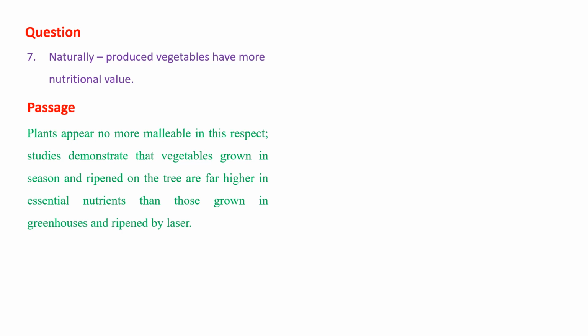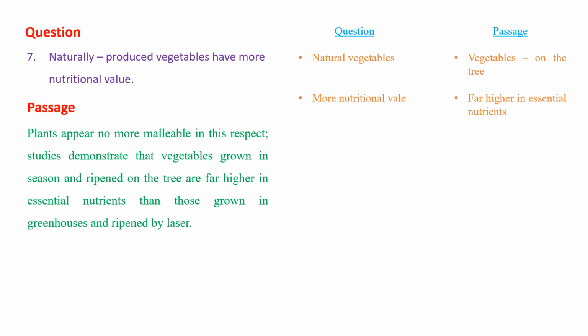Now, let us compare the keywords in the passage and the question. Both the question and the passage talk about natural vegetables. The question states that it has more nutritional value, and the passage states that it is far higher in essential nutrients, which can be considered paraphrases. Hence, the answer for this question must be marked as